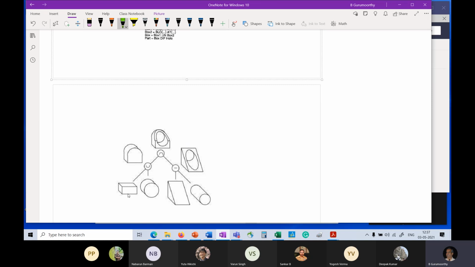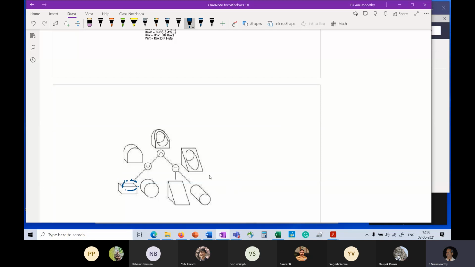So here you have a block and a cylinder, right? Unfortunately, here we have not placed them correctly, but I hope from the result you can make out how it has been placed. If I may, I'll just see if I can draw it here. I'm sure you can guess this, but the cylinder has been placed here. And the sizing is also not obvious to you, but that's where the cylinder has been placed. And therefore, when you do the union, you get this kind of a shape, right?